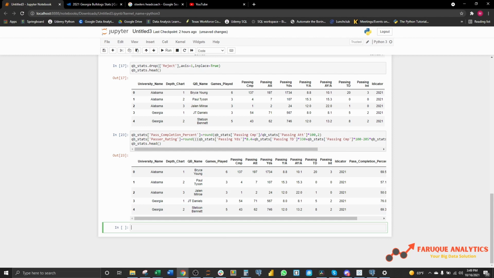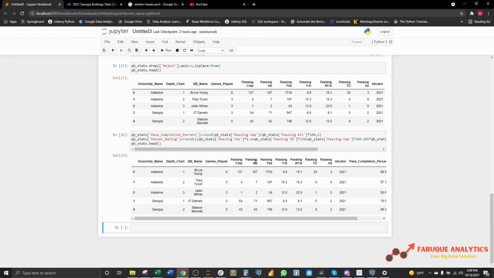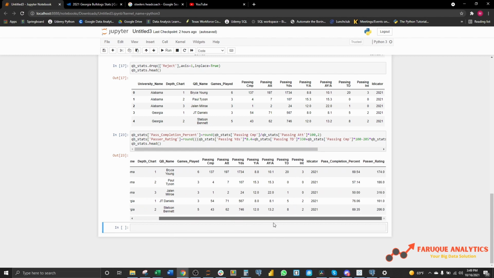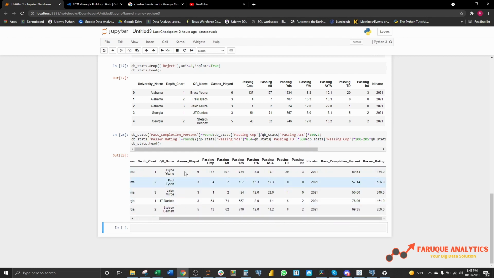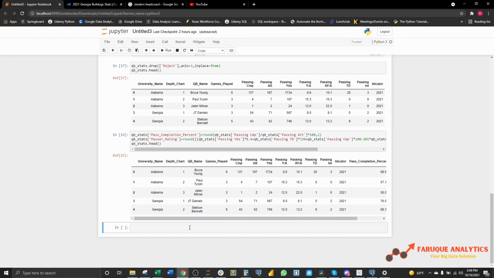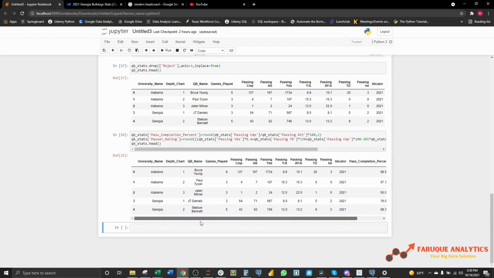All right, now we're going to try to put this pass completion percentage, the calculated column, right after passing completions and passing attempt right here. But before we do that, we're going to have to figure out the column index of this column. Here you can actually just do a hand count and figure it out, but we're going to show you the function way to figure that out, because if your database is really wide, it's going to be too tedious to do. So the best way to do this is using your function qbstats